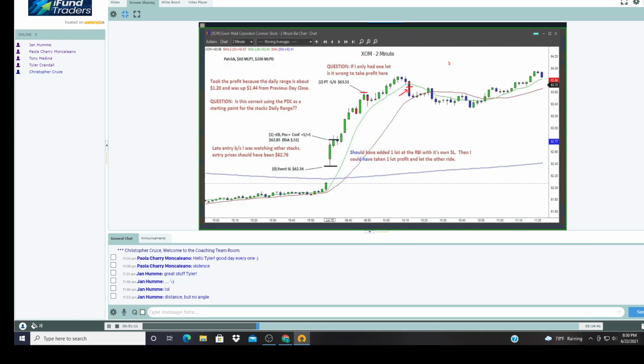No. But what you gain from learning how to sit through this is much more important. Now, you could add after the second RBI, but what are you doing? You're just adding to your risk. I'm telling you, if you get into the practice of adding on the second and third RBIs, you're just going to end up stopping your entire trade for much less gains, right? How often is adding on the second and third RBI? Because this is actually the third RBI, right? This is the third RBI. Are you saying to add here?